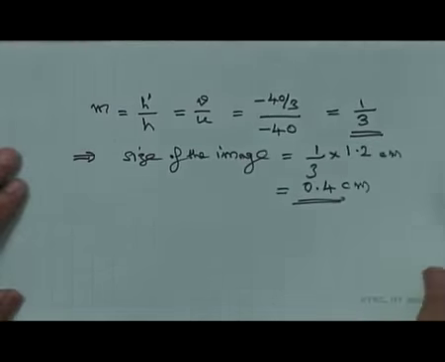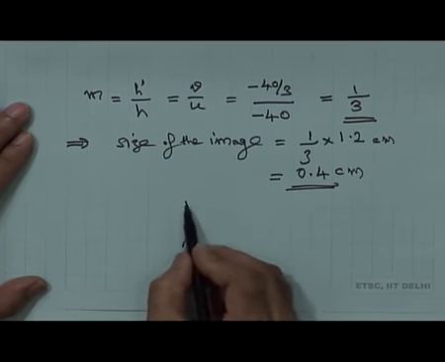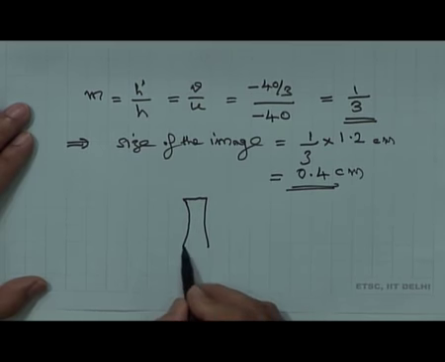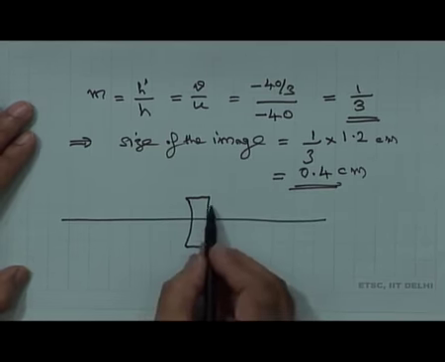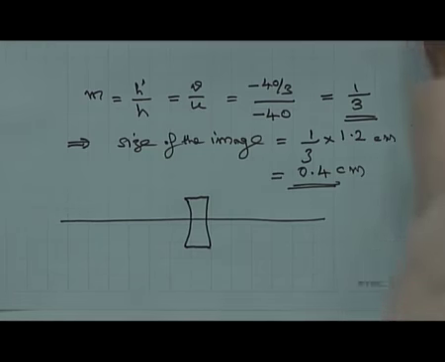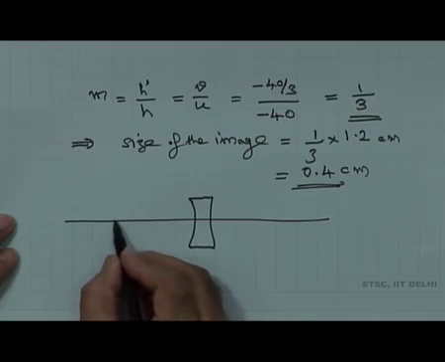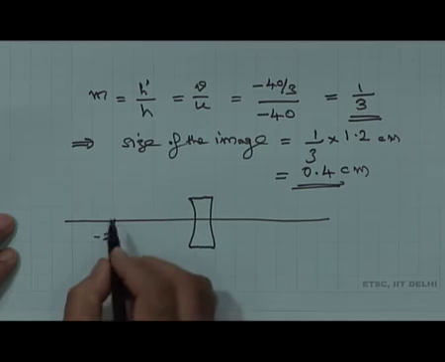Either we show both the lenses or we say that this is the equivalent lens, the combination equivalent lens. We have just calculated the focal length of the combination as minus 20 centimeters. So minus 20 is the focal length f,